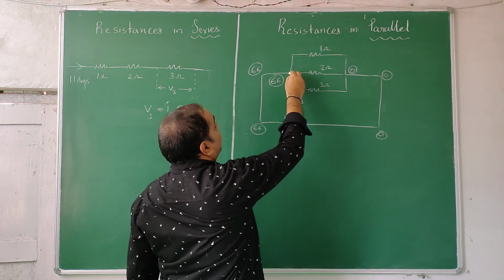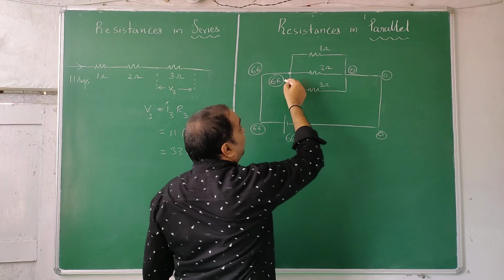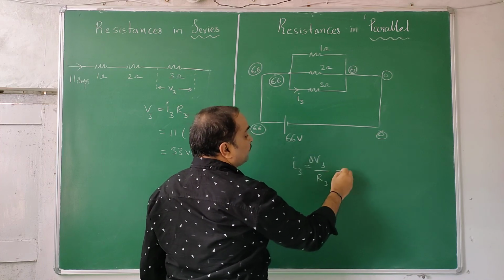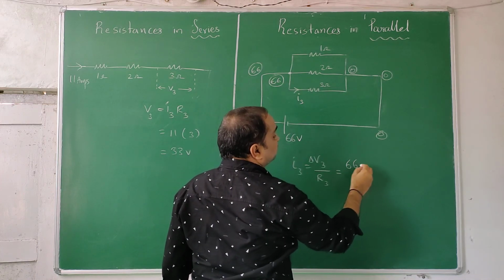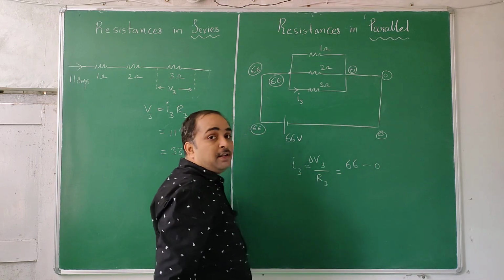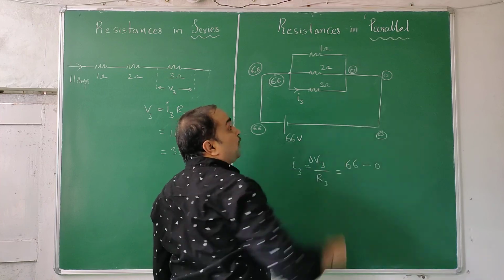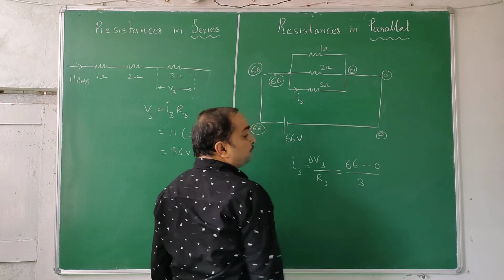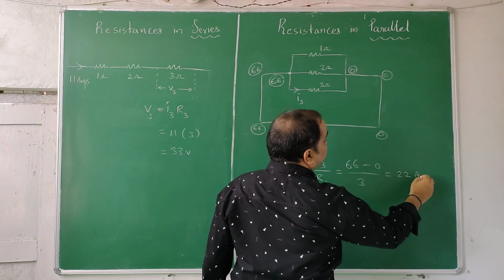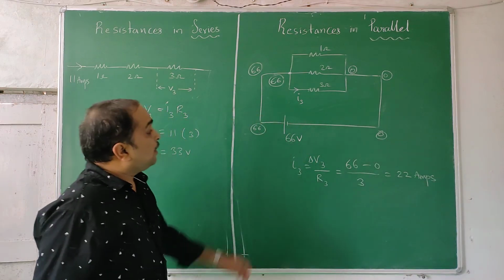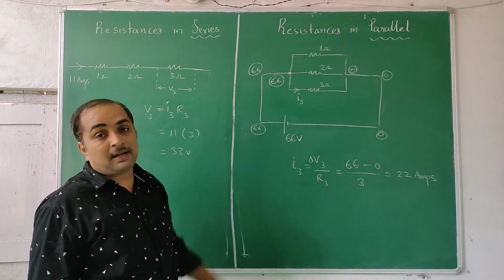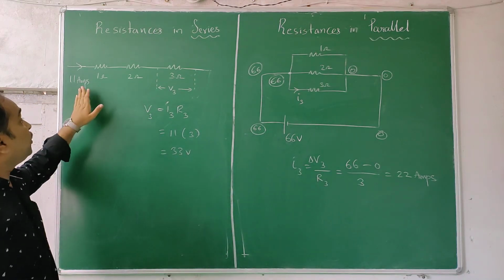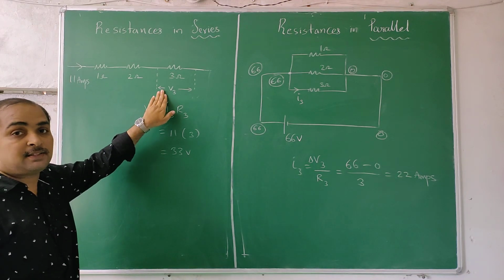So now this point is at a potential of 66, this point is at a potential of 0, and you want current. I3 is equal to V3 by R3, that is delta V3. So the change is 66 minus 0, the potential difference: higher value minus lower value, you have to do it. Current always flows from higher potential to lower potential, divided by that resistance 3. So 22 amps. This is an easy procedure. By knowing potential difference, finding current is easy in parallel. Knowing current and splitting it is difficult, that I told you previously as a trick. Here, by knowing current, finding potential difference is easy in series.